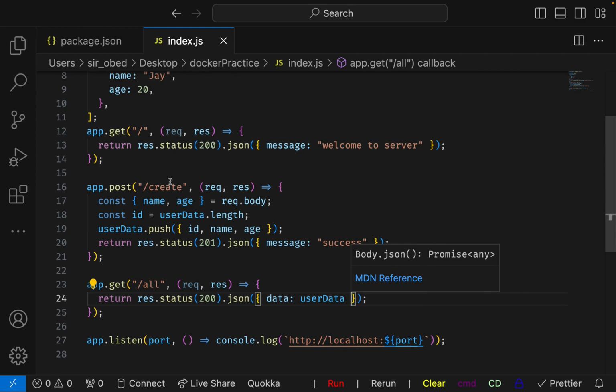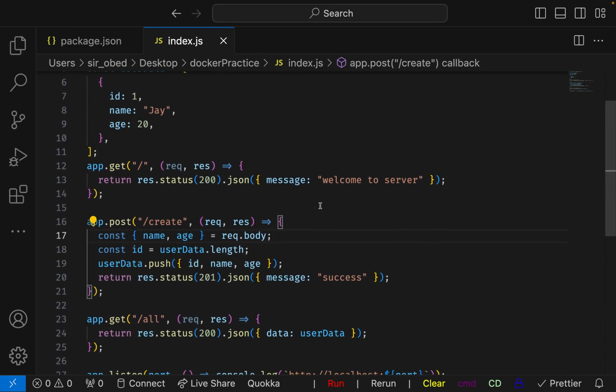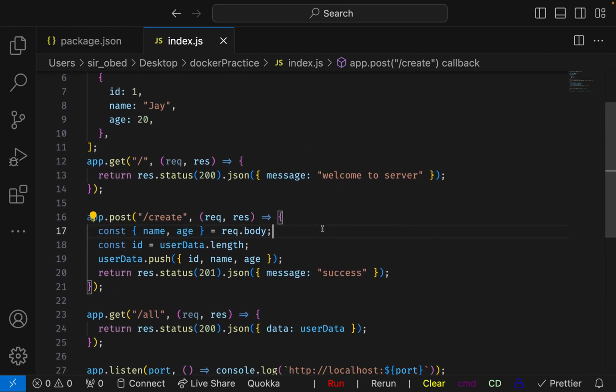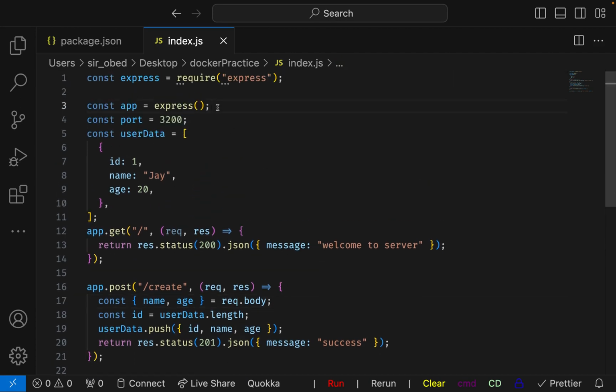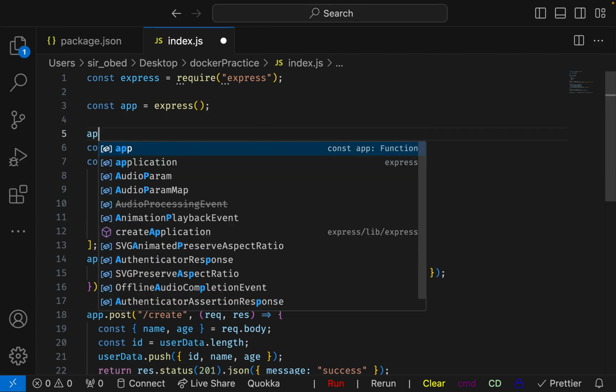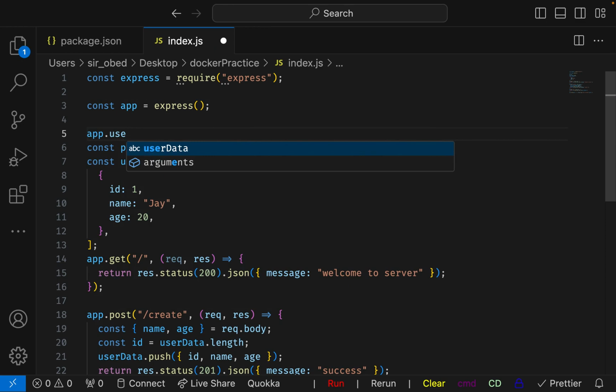That's basically all we need for this basic test Express API. So we need to go test right now on Postman, but before we do that, I want to point out here that for you to receive some form data from the user using Express, you need some middlewares that will enable you to accept some form data or form input from the user. And for us, one of the middleware we can work with is Express.js. So we need to use that by saying app.use, want to call it braces, want to get the